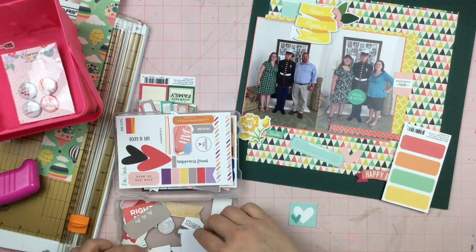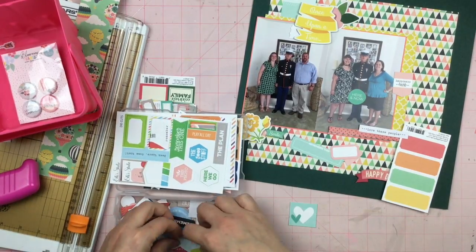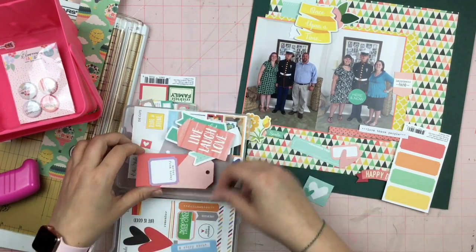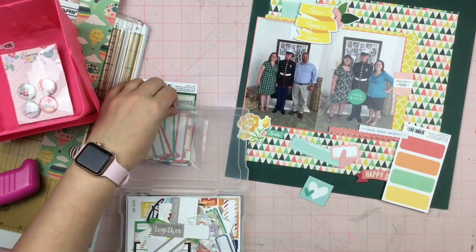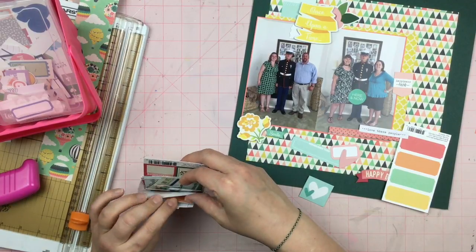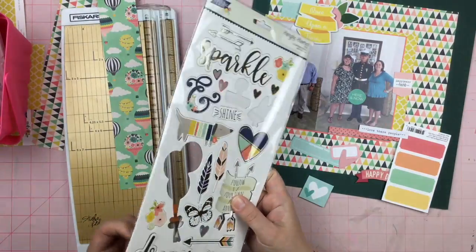And now I'm just going through the colors. So I'm seeing all the colors in my head, and I find some random little pieces that work out great. So that's always exciting to me. It's like a treasure hunt every time. Even when I'm not working in a kit, even if I'm just working from my stash, flipping through my stuff and finding that perfect little piece, it's like a treasure hunt every time. You've reached the treasure map, X marks the spot, you got it, and it gives me a little thrill each and every time that I find it, which is kind of exciting for me and might be kind of weird,